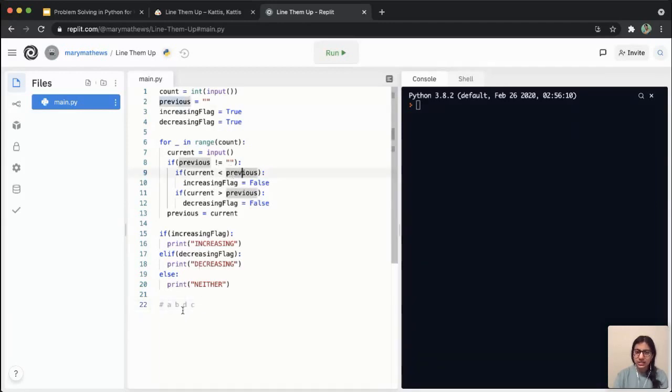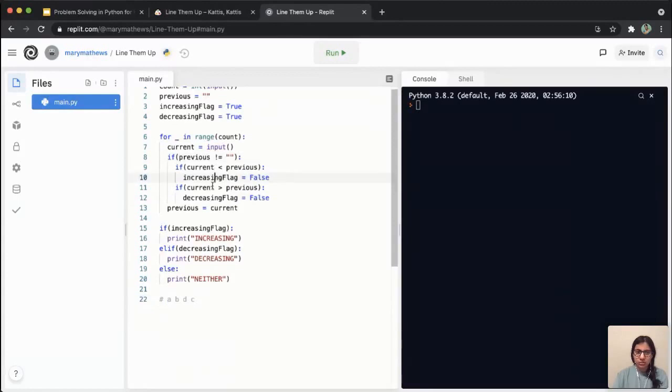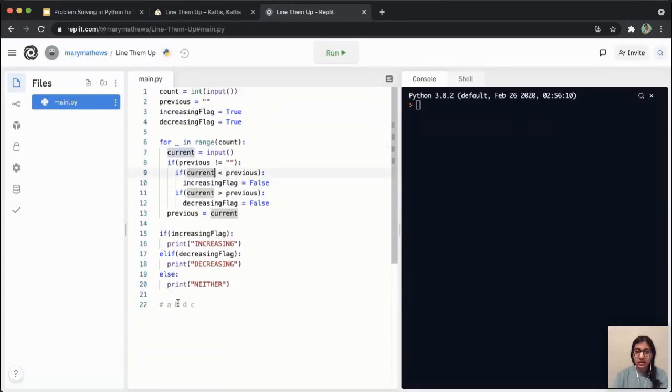So it's going to check if current is less than previous, and if this is true, it means that it's definitely not going to be increasing, right? Suppose here, for example, C is less than D, so it's not going to be increasing. Like you can see here, DC is descending order, okay?